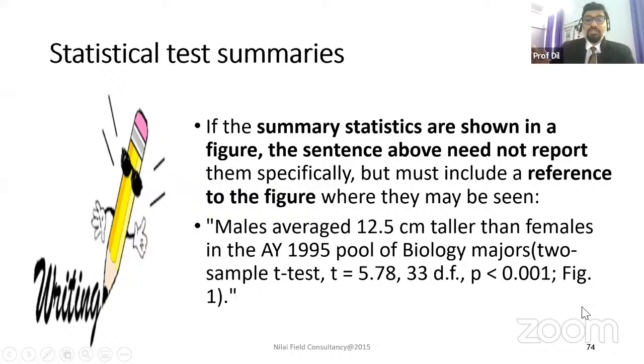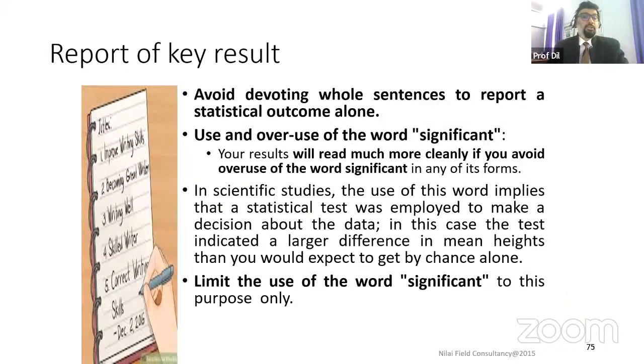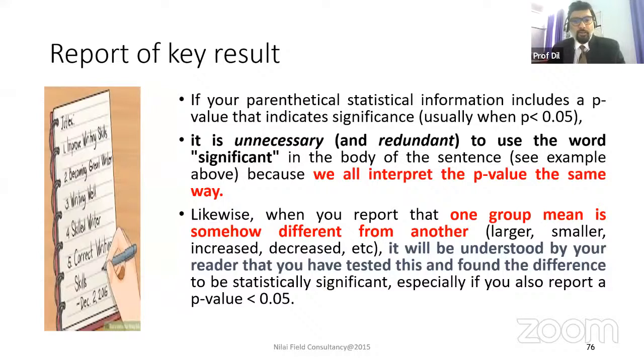All right. So this is the most important thing. You are putting the t-test value, degree of freedom also, and you are also putting the p-value, meaning the level of significance. So all these things you can put together. All right. So in the report, as I have clearly mentioned, this is the thing to be avoided: many times using the word significant. You can avoid it. No need to use it exactly, and limit the use of the word significance and likewise.